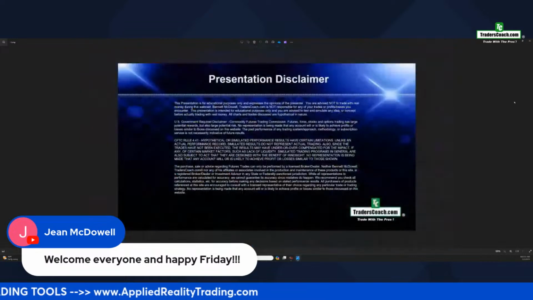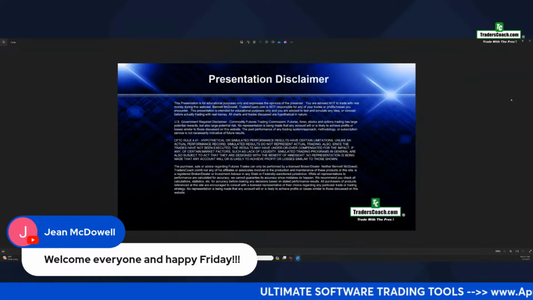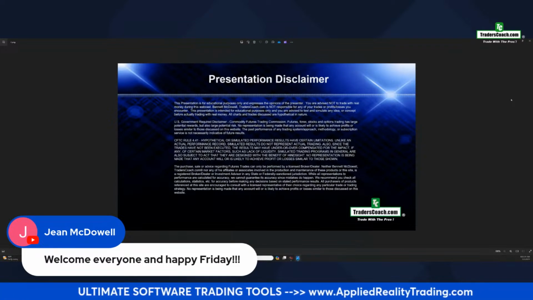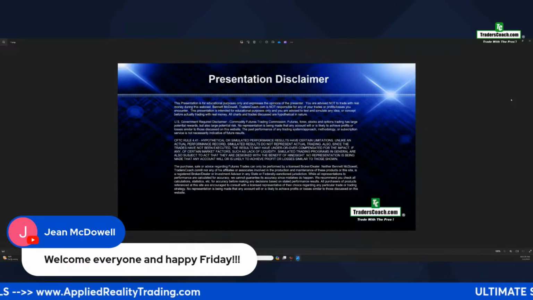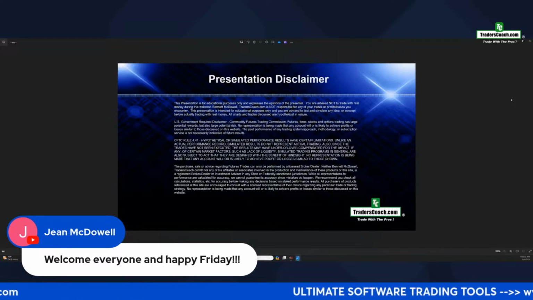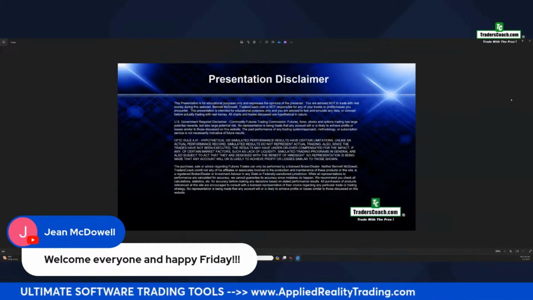All right, let me go through these administrational items. First thing I have to cover are the risks involved in trading. Like I always say, without that risk, there is no opportunity. So the two really do go hand in hand. But we do want you to be aware of the risks, and there are different kinds of risk in the market. I've addressed that in a few books I've written, and I'll show you those in just a moment.